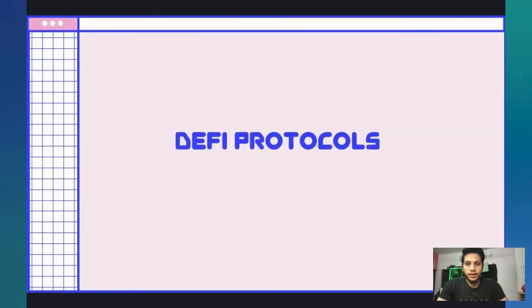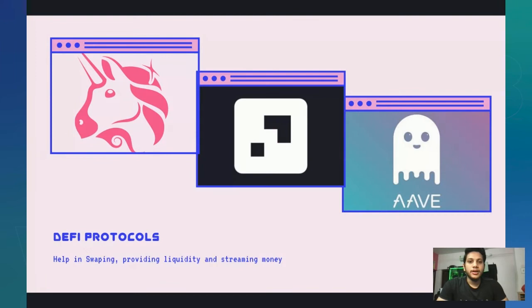And then we have DeFi protocols. So you might obviously have a lot of use cases and dApps where you would want to integrate some kind of DeFi feature. Suppose you want to build an insurance dApp which will provide some lending protocol. Obviously, you don't have to reinvent the wheel of making another new lending protocol. You can just simply use APIs provided by companies like Uniswap, Aave, and Superfluid. So all these have different specific use cases.